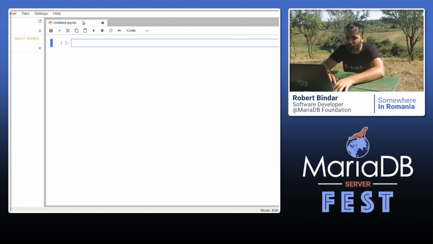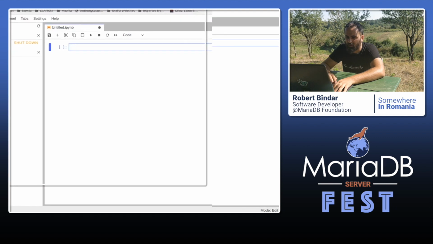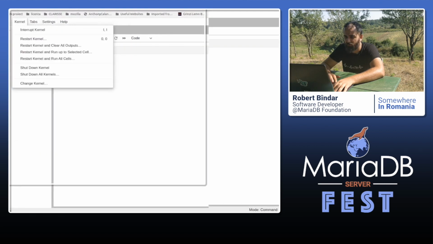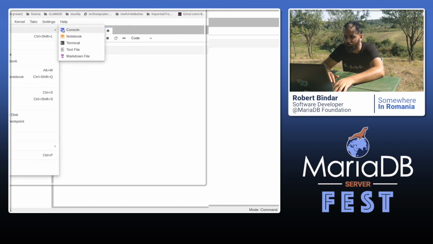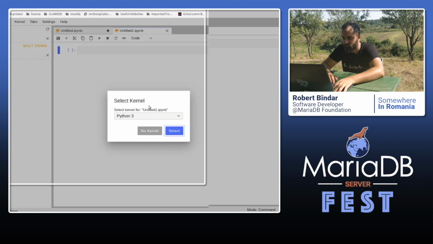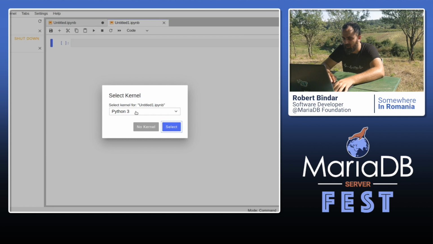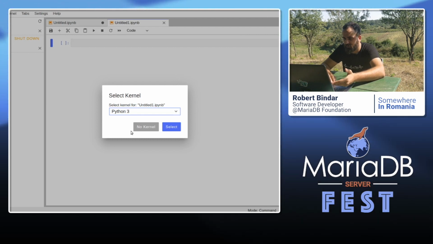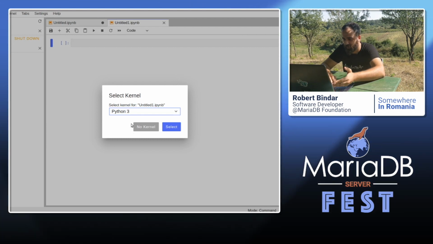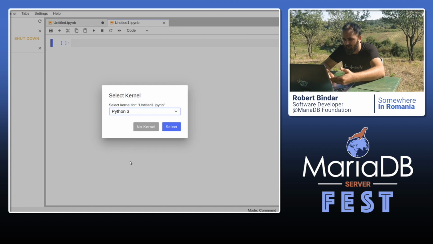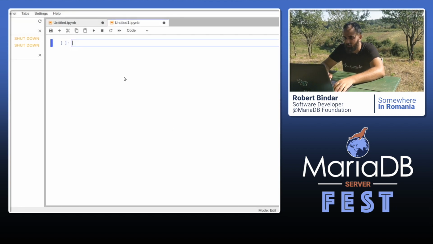So we switch back, we hit File, New Notebook, and JupyterLab prompted you with a menu, a drop-down list, where you can see the list of kernels you saw earlier on the main page. We have the Python, the C++ ones, and MariaDB. Let's choose Python. And now we have a new notebook which is running the IPython kernel.